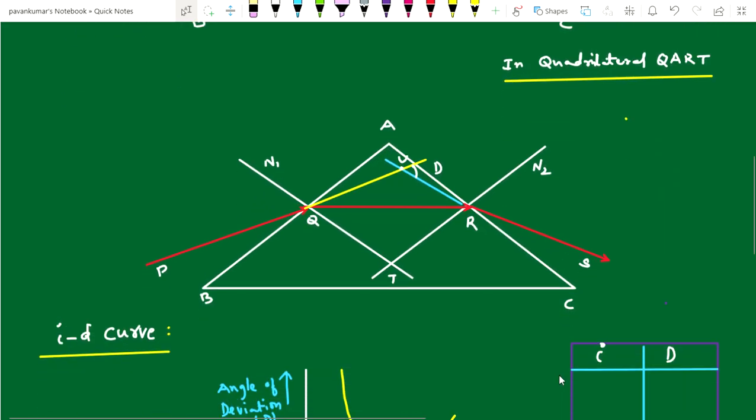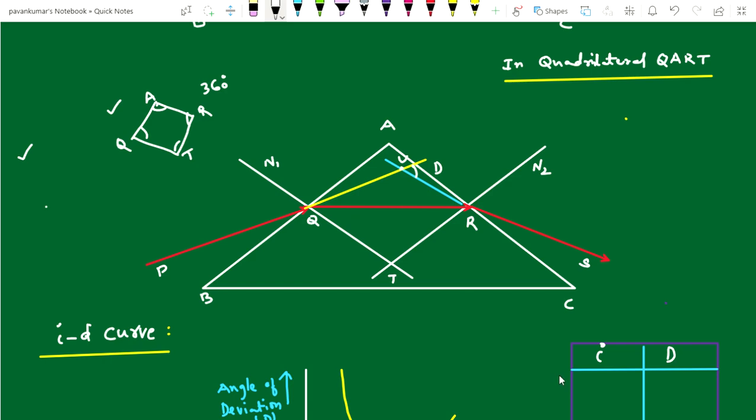Similarly, let us consider a quadrilateral QART. In a quadrilateral QART, the sum of the angles will be equal to 360 degrees. We have to use this property here, and another property we have to know here is that,